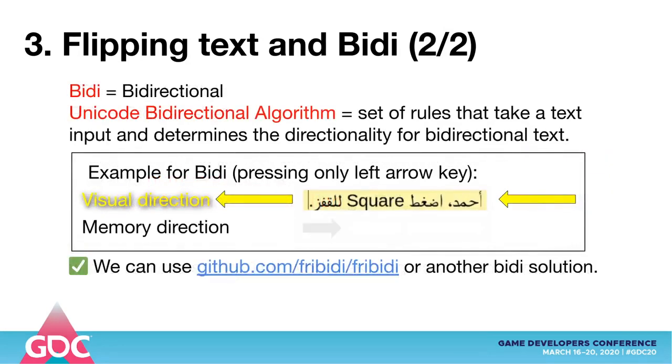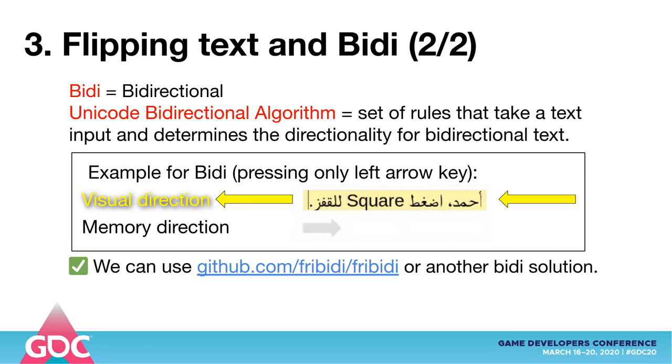What if we wanted to mix English and Arabic? Or what if we want the player to chat in-game? Then we have to support BiDi. The term BiDi stands for bidirectional, or the Unicode bidirectional algorithm. What this algorithm does is it lays out the positions of the characters in memory, which would be different from the visual positions on screen to make it proper to read.